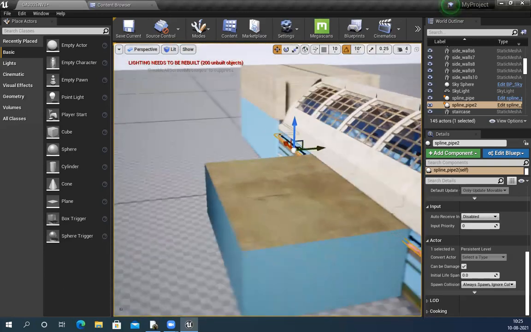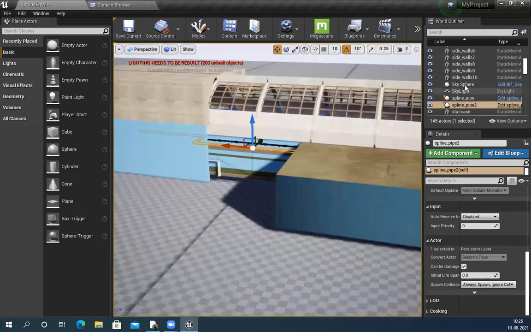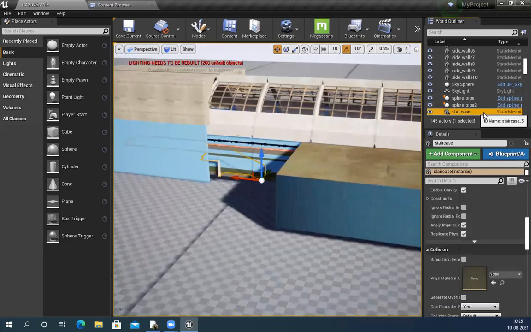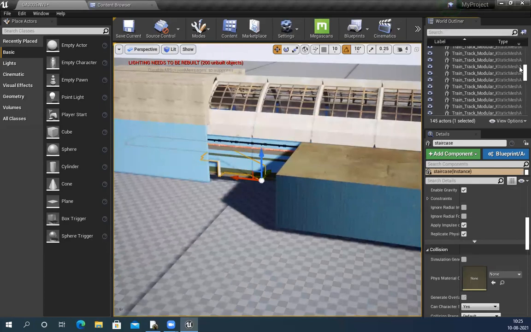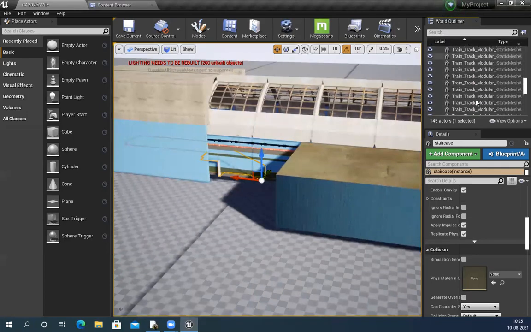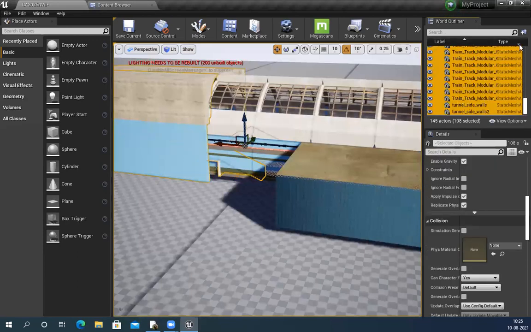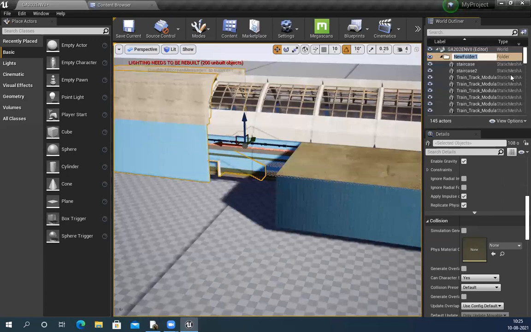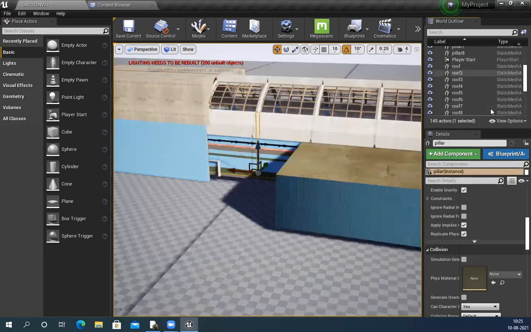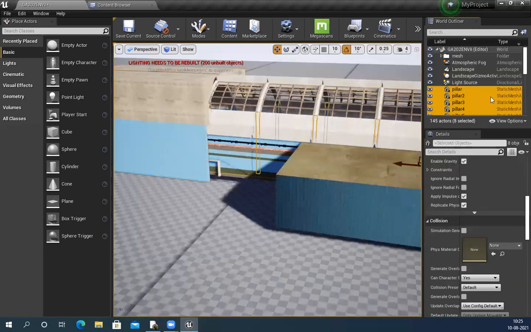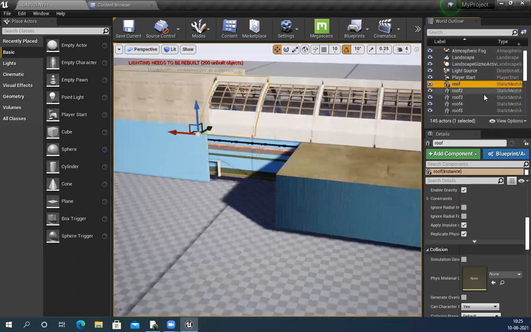Before that, I'll select all my geometry, the static meshes, and clean all these things. Select all the meshes, and name the folder mesh. Now I can select all the remaining geometries and drag them into mesh.